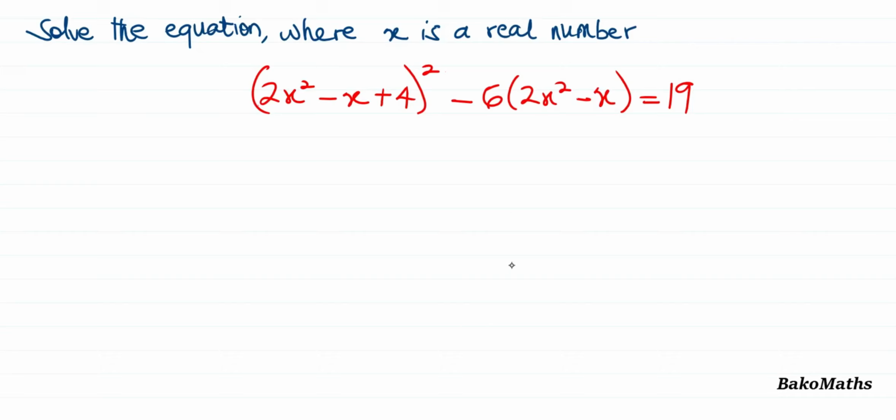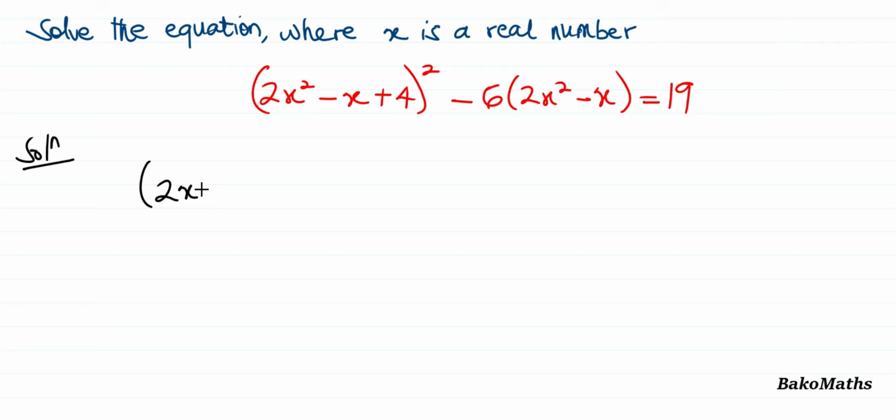And in today's video we'll be looking at a question that many couldn't solve during Harvard entrance exams. The question says: given the equation where x is a real number, the equation is (2x² − x + 4)² − 6(2x² − x) = 19. Just like we read the question, we are going to write it as such,